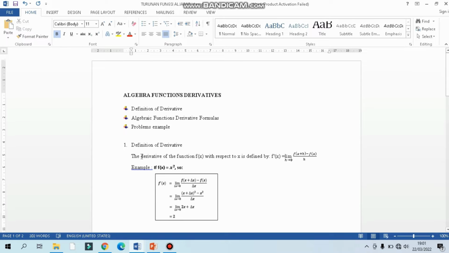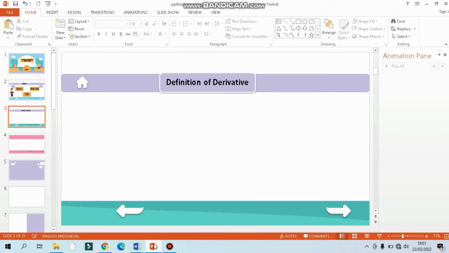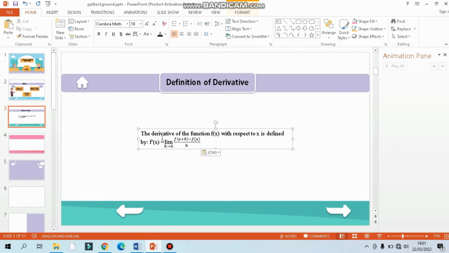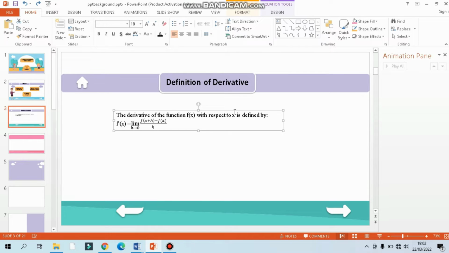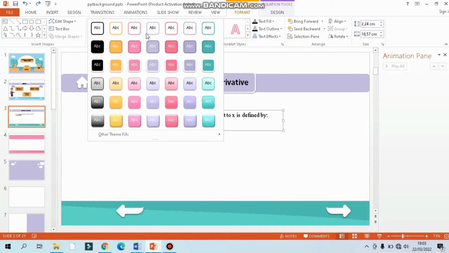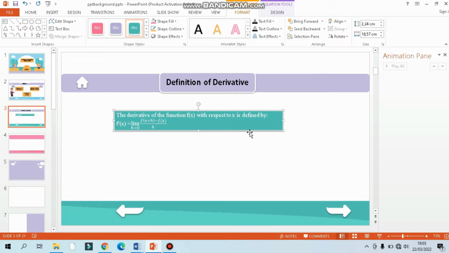We copy the definition of derivative and put it into our slide. Next, to make the slide more beautiful, we can choose the format we want.